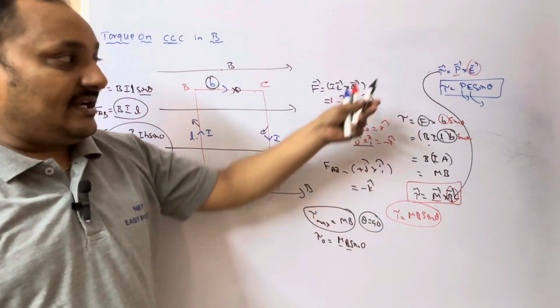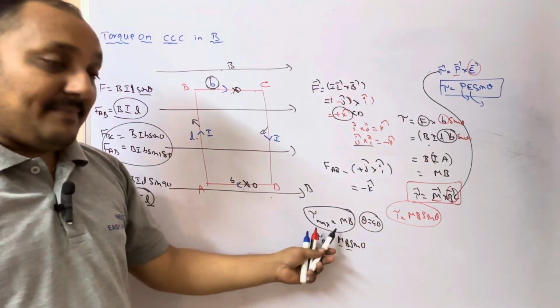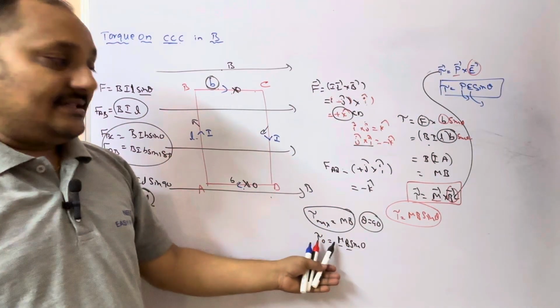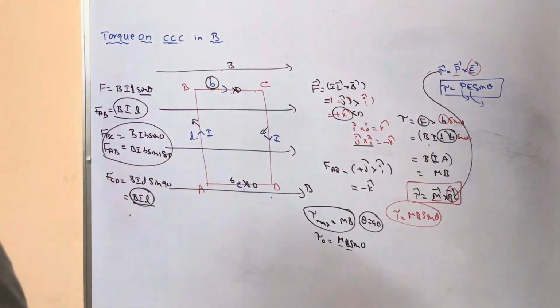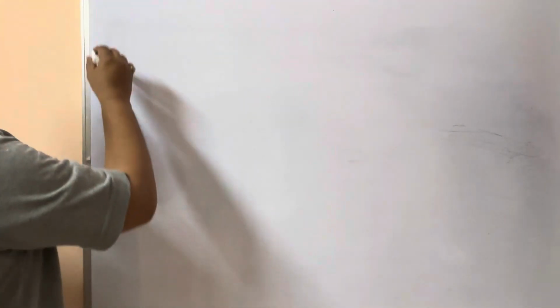There and here also, dipole is making some angle. Here magnetic dipole moment is making some angle. So this is the torque acting on the magnetic dipole moment in uniform magnetic field. Next, moving coil galvanometer,